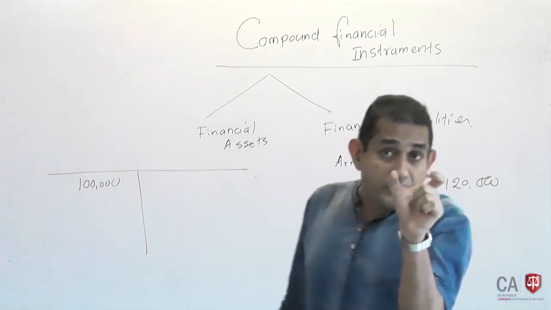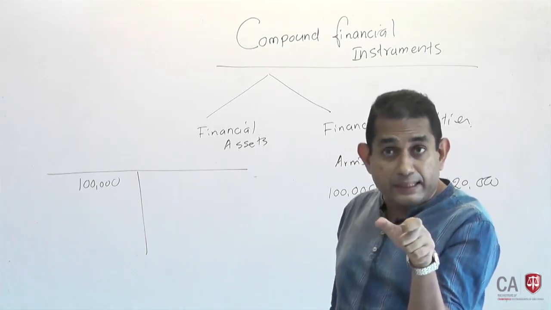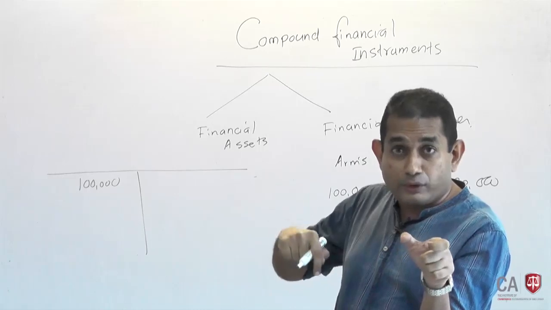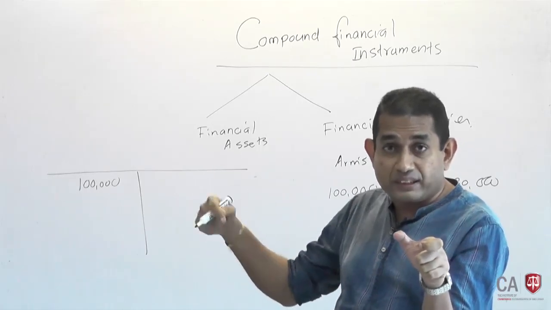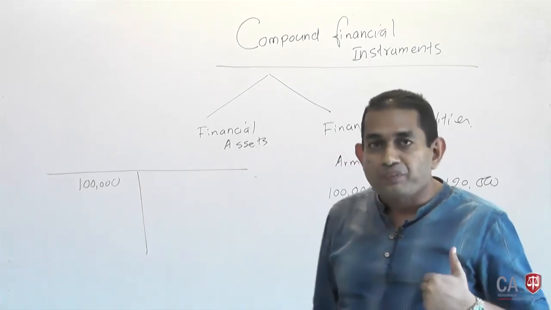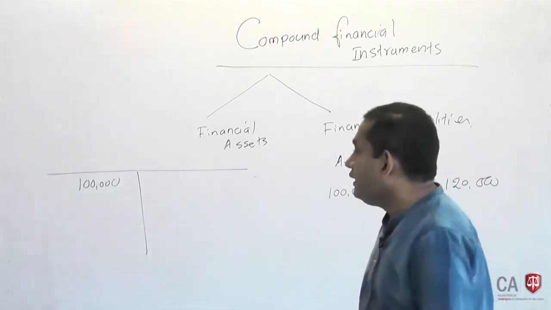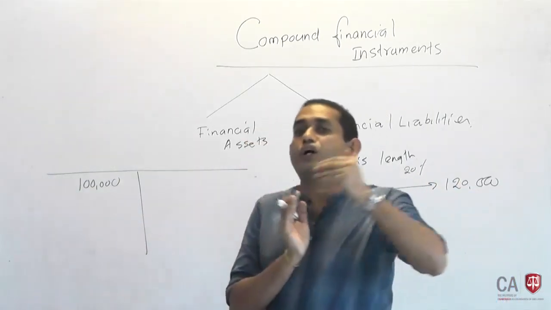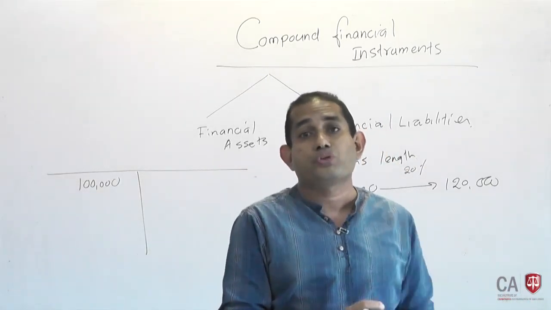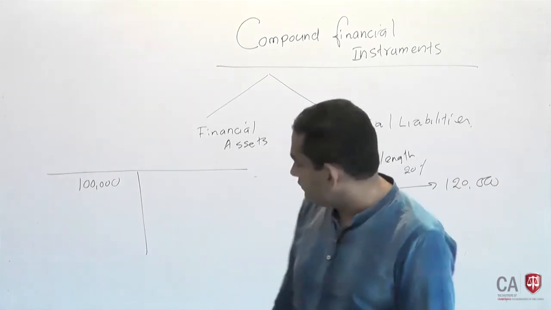Even though an employer-employee relationship is pre-existing, has that particular relationship affected this loan granting and borrowing transaction? No, it has not affected. So, this is not influenced by any other relationship. So, still this transaction is on an arm's length basis. So, the value of the loan granted, 100,000, is purely fair value.